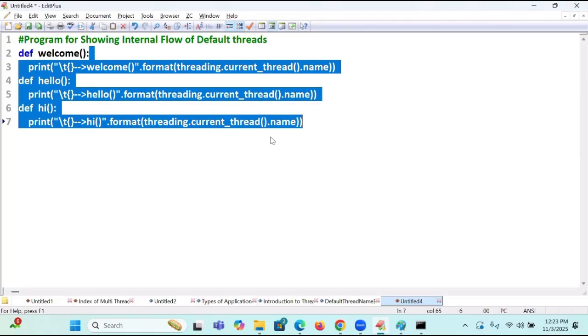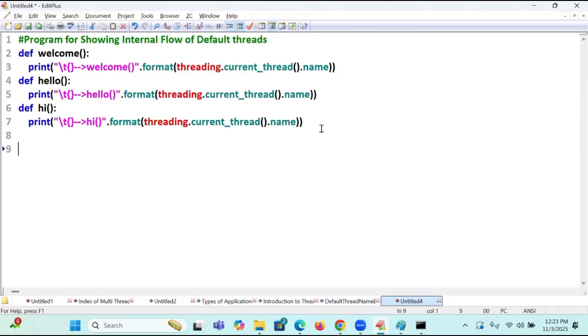I said there is a lot of bonding between function and thread. Every function is executed by a thread. When you are eating, one flow is created by your brain. What does that flow tell the brain? How sweet it is, how good it is, what the quality is, whether your stomach is full or not. That thread will give the signal to your brain. Correct? So the brain uses that flow. Something like that.